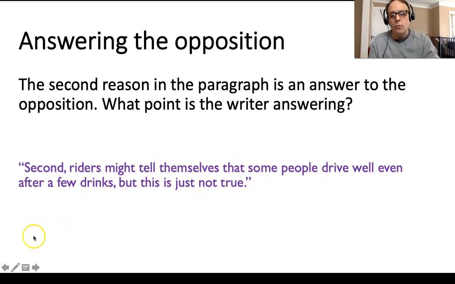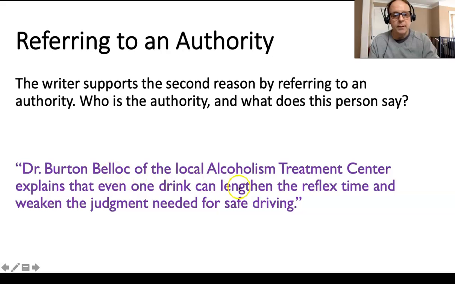Well, people actually don't drive better drunk. And Dr. Burton Belloc says your reflex time, even just after one drink, might lengthen. So in other words, your reflexes are a little slower. So that's referring to an authority and answering the opposition kind of combined, really strong methods of persuasion. Like I said, that's why I chose this paragraph, because it is just full of all the methods of persuasion